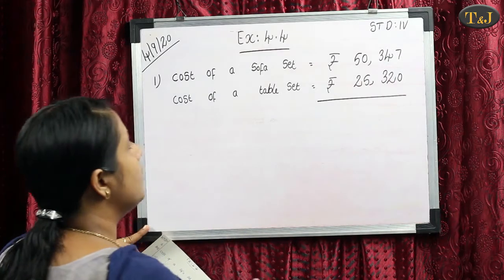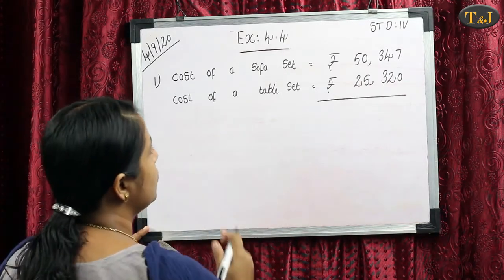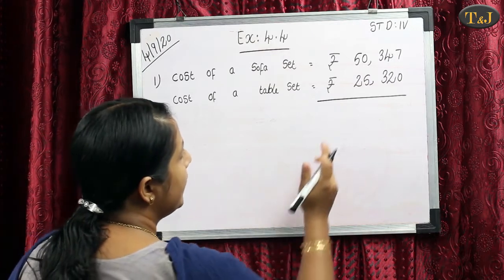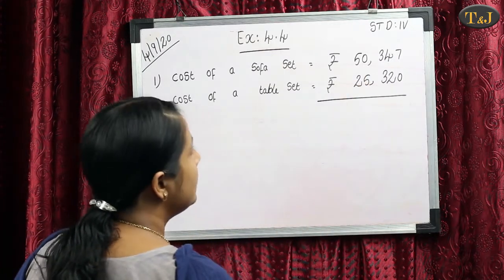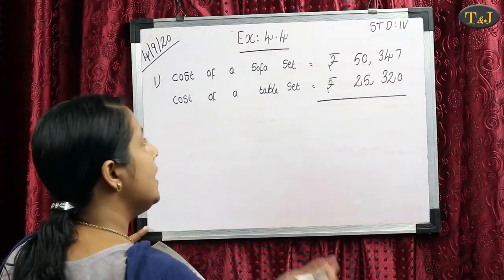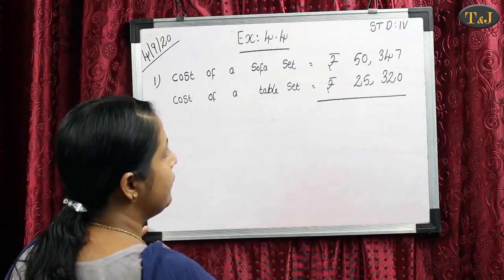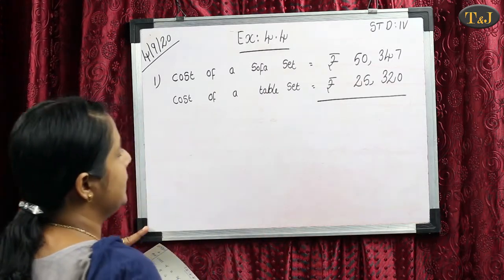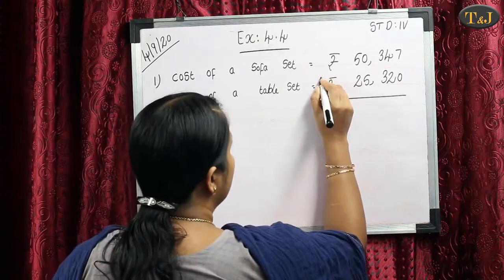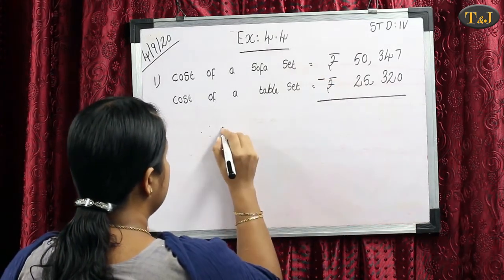In the given problem, first they gave the cost of a table set, then the cost of a sofa set. First we identify which is the bigger number here. Here our bigger number is 50,347. That's why we have to write the cost of a sofa set at the first, then write the cost of a table set below. Then we want the difference. Difference means minus. Therefore, their difference equals